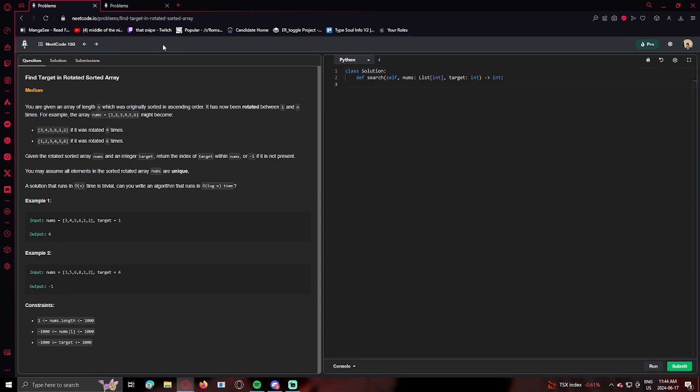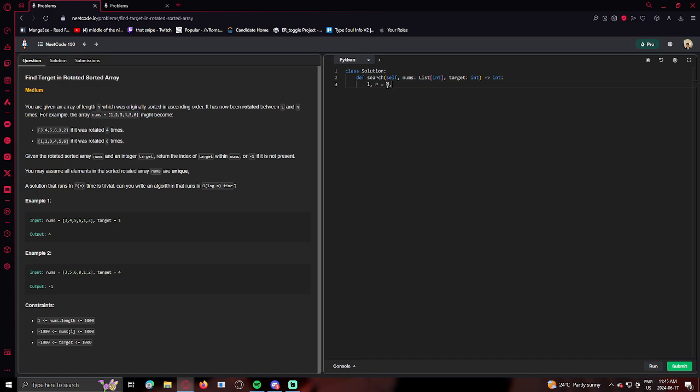I think we'll be able to do this. It doesn't seem like too difficult. It's just a binary search, except this time we have to find a target. We're given a target number, we have to get the index of that target, and if that doesn't exist, we just return -1. So by default, what we'll do is we'll go